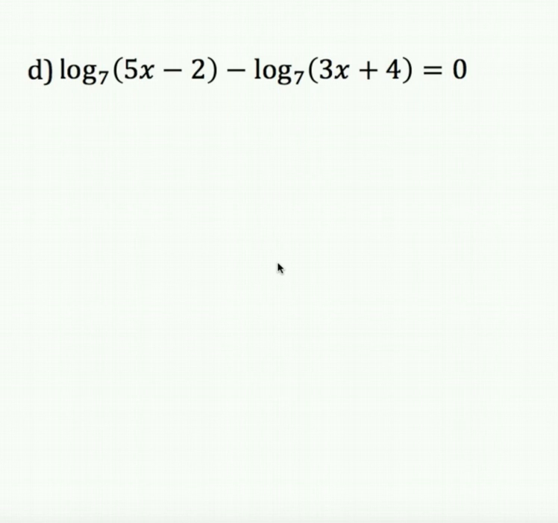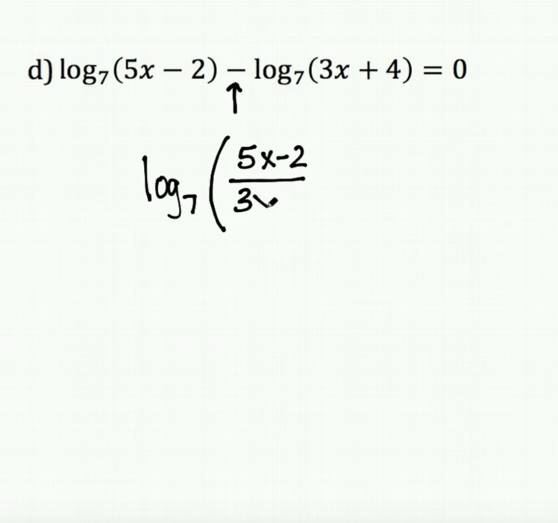3D, solve log base 7 of 5x minus 2 minus log base 7 of 3x plus 4 is equal to 0. So just like the last one, we have two separate logs, so we need to condense them. We have subtraction between the two. So subtraction means we're going to condense them and use division. So these are log base 7, so I'm going to have log base 7, and it's going to be division. So it's going to be 5x minus 2 divided by 3x plus 4